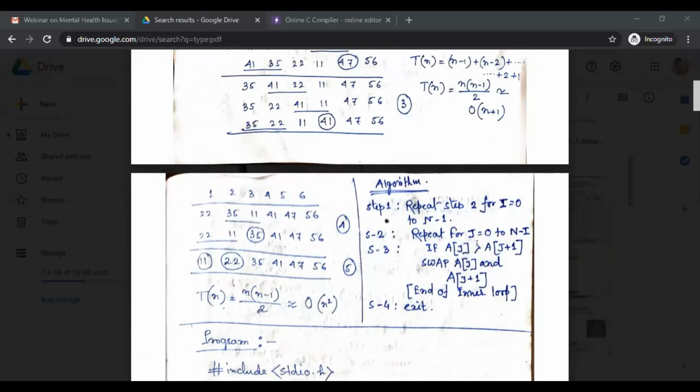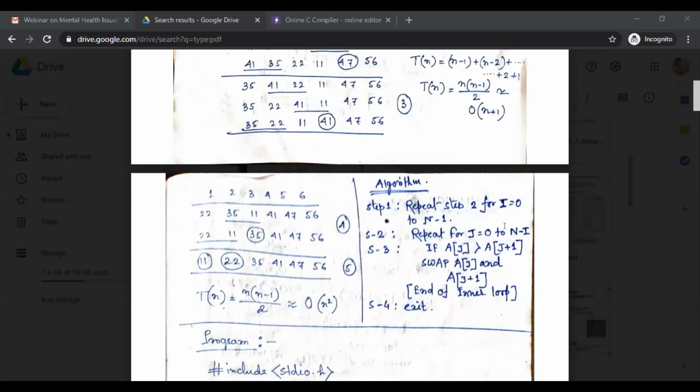And see, the simple comparing condition is there: if a[j] is greater than a[j+1]. Why j? Because j is the loop variable for this loop, nothing else. Then swap the values of a[j] and a[j+1]. We do this swapping using a third variable. This is the end of the inner loop.